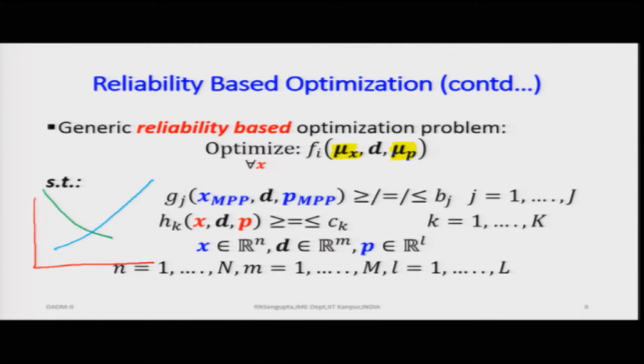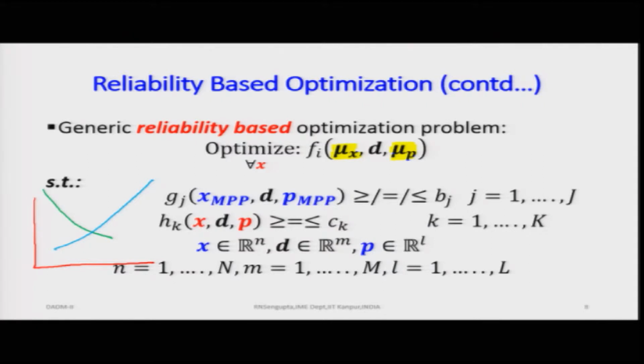So, now once you find out the values, so using the RI and the PMA method, you are trying to find out the most probable point MPP for x and p. Based on that you will solve. So, D would not have it, because D is basically the deterministic value. So, once you solve it, you will find out the most probable point and the corresponding x value.